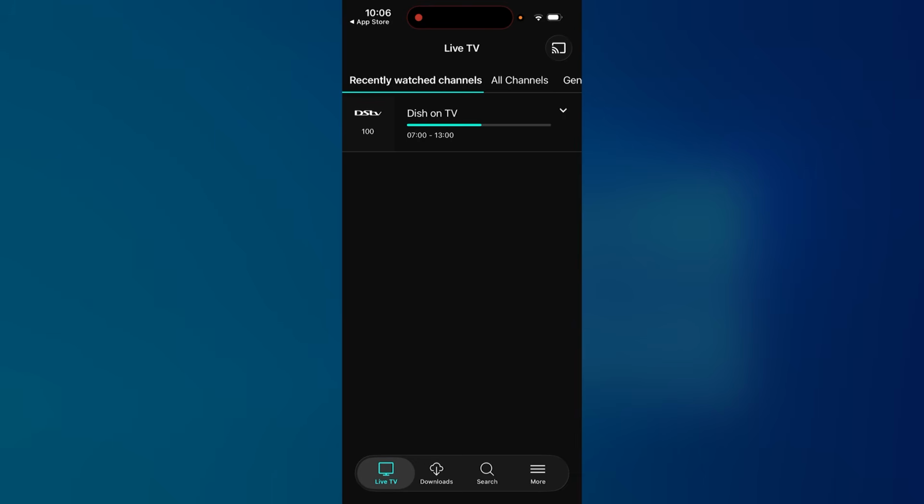Then you can just choose your profile. And then here you'll find all the channels. So you can see here all the channels that you can watch your videos and enjoy sports or any of the channels that are offered on the DStv. But to enjoy most of this, you'll have to link your smart card number or your DStv card number so that you can be able to use your package on the